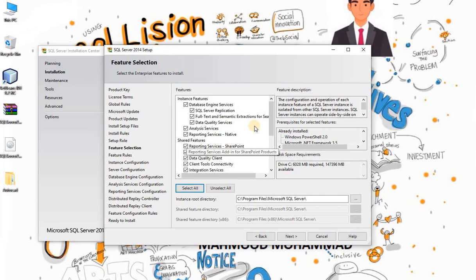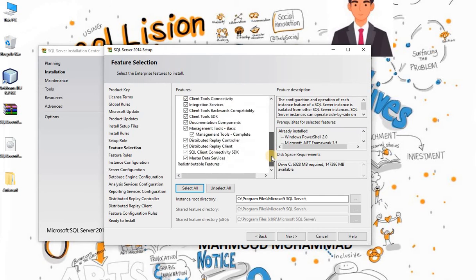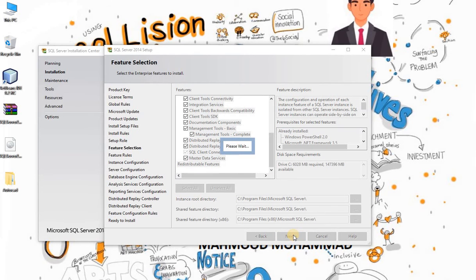But this installation will enable you to learn MSBI also. It is a Microsoft Business Intelligence where you can learn many different tools, okay, like SSRS, SQL Server reporting services, SSAS, like analysis services, integration services. These things are enabled when you select all. Okay, then click on next.